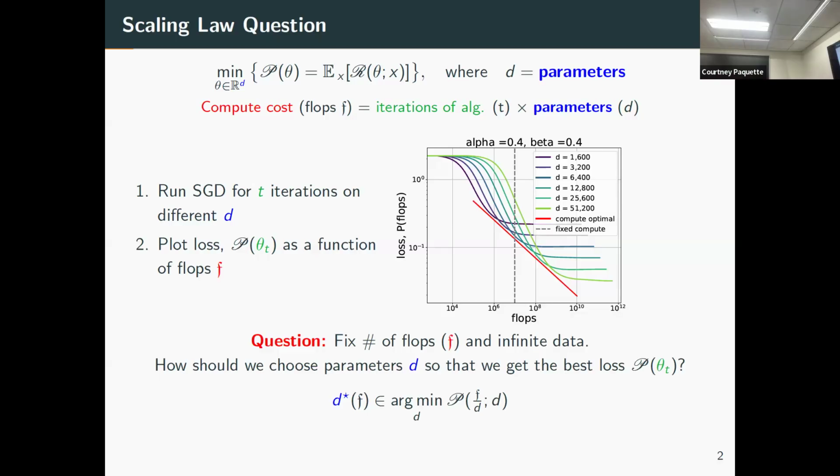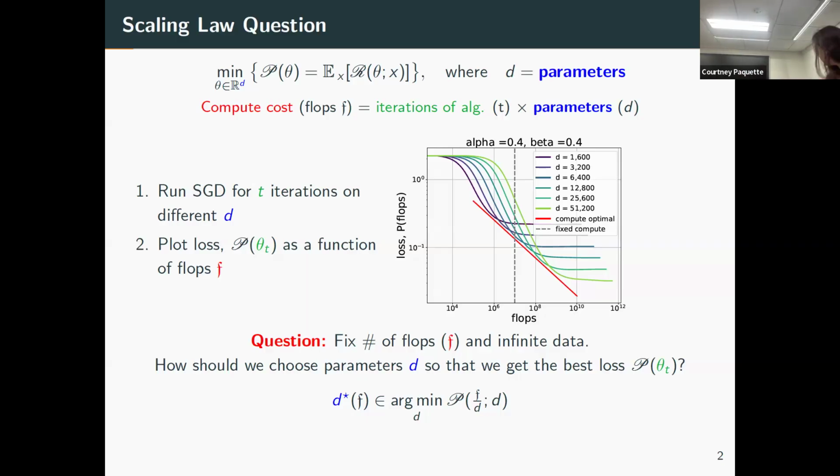Many of you have seen this plot before. Here you have your fixed flops. If you choose D too small, you might run into some sort of stationarity, which is that the model size isn't big enough, so you get stuck at some value and you just can't do anything. If you continue, you would just be wasteful in flops. You can also increase D to get more capacity in your model, say to 51,000, but now it costs more flops, so you can't run as long, and you get stuck because of the optimization algorithm.